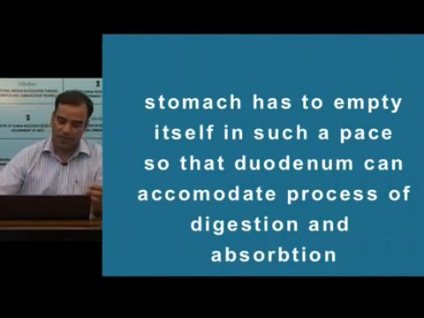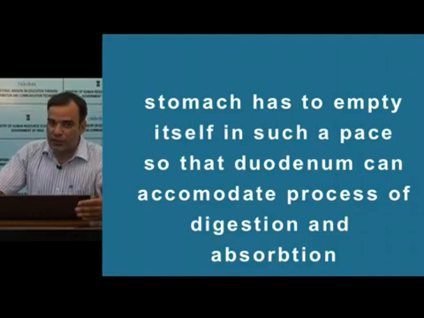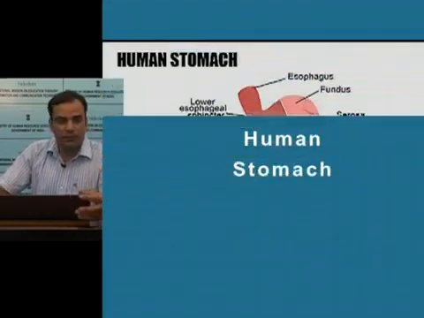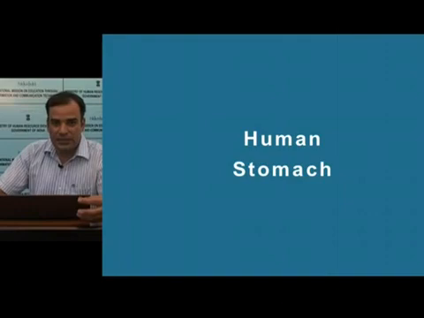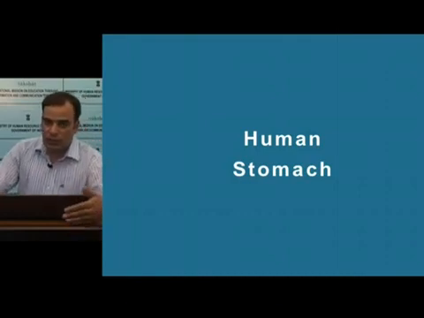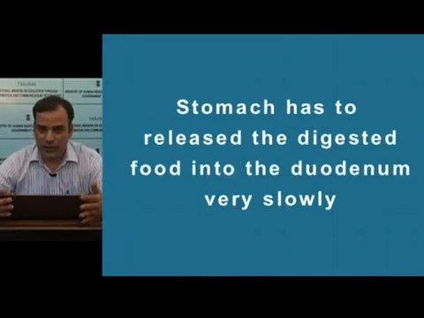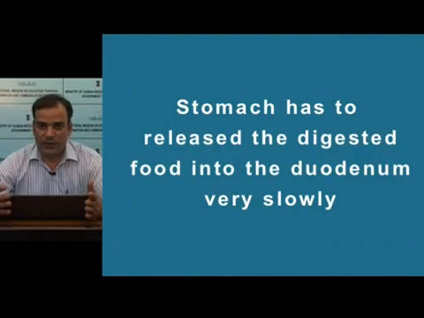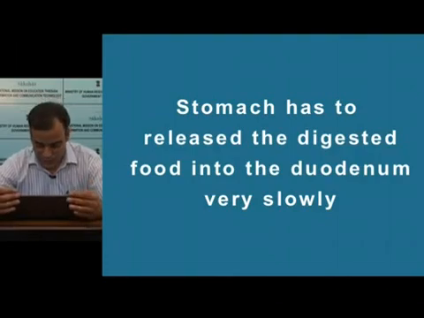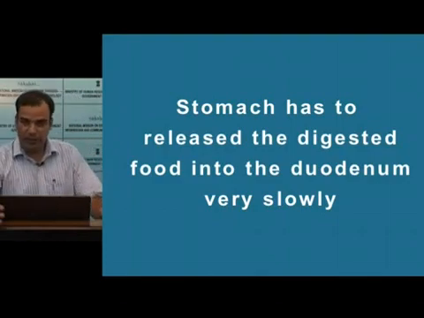and absorption. For example, if the food passes very quickly from the stomach into the duodenum, the duodenum cannot further digest it, because the time the duodenum gets is very less, and the food will not get enough time to be digested. So the stomach has to release the digested food very slowly into the duodenum to accommodate proper digestion and proper absorption. Then in the small intestine, again there will be the peristalsis